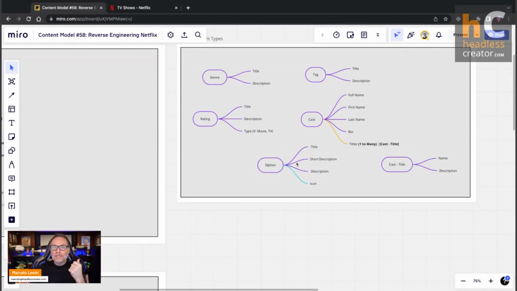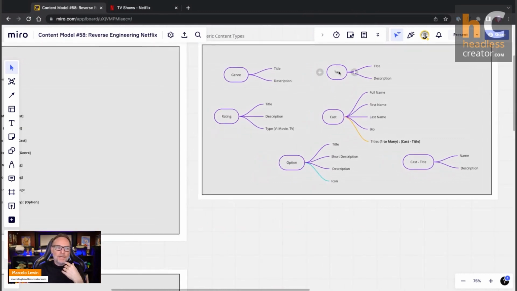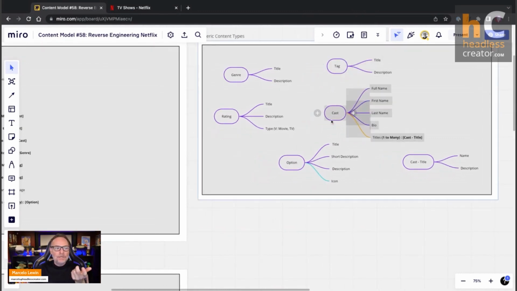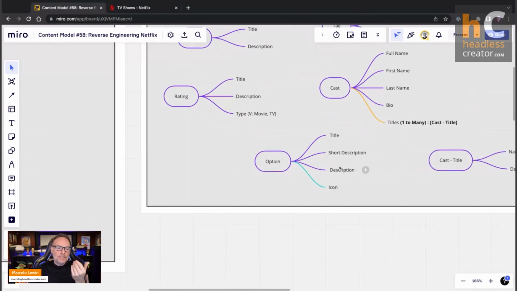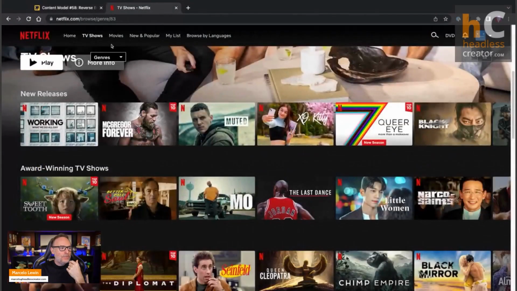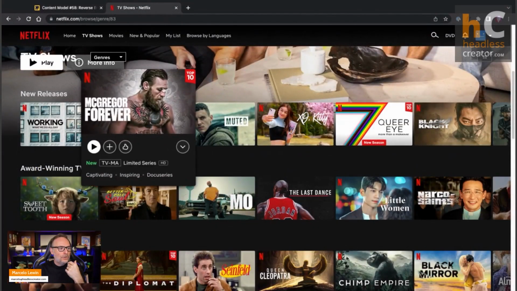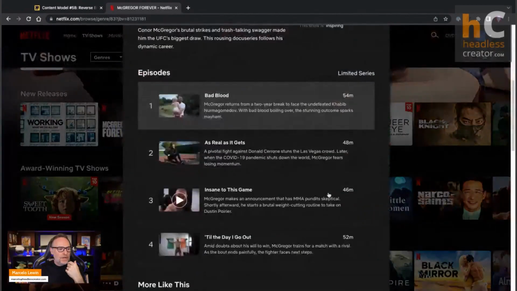That we could ask, because there may be some options that don't show on the TV, only for movies or vice versa. So you could ask that, but that's part of that conversation you're going to have with your team when you're creating this content model. All right, so going back to TV shows,